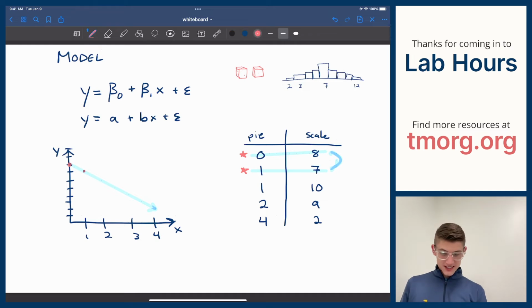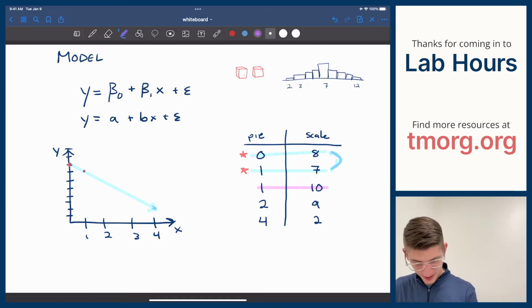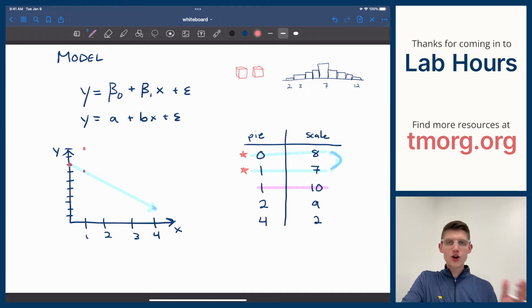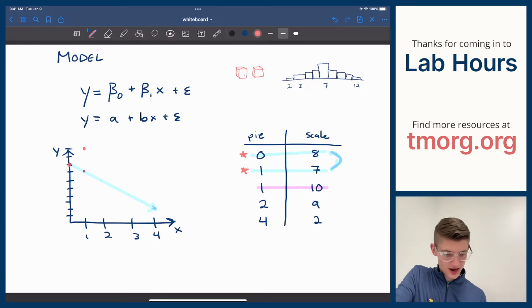The trouble is, what happens if we throw in this next friend who enjoyed it at a 10 and had a piece of pie? What does that look like? Well, now we've gone and thrown a whole loop in the system. There's so many different lines that we could draw to try to describe something like this, right? What happens if you don't eat any pie? I mean, you're still sitting at an 8, but now the question is, what's the actual relationship between